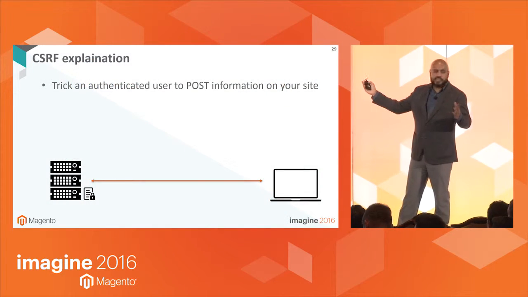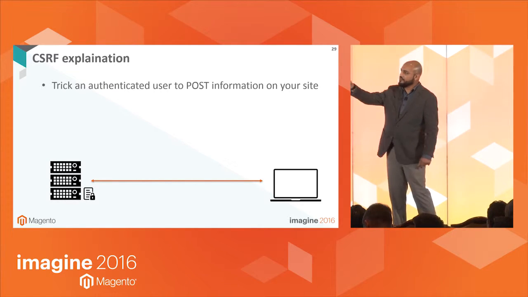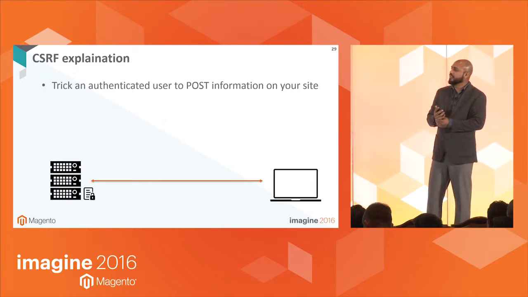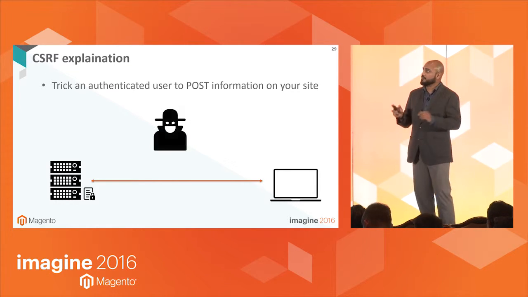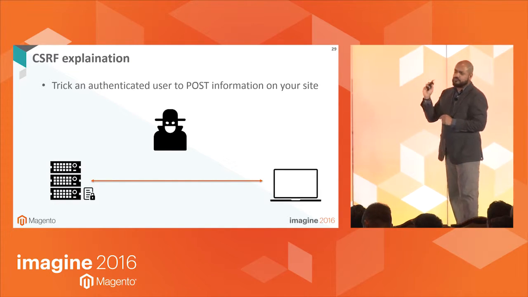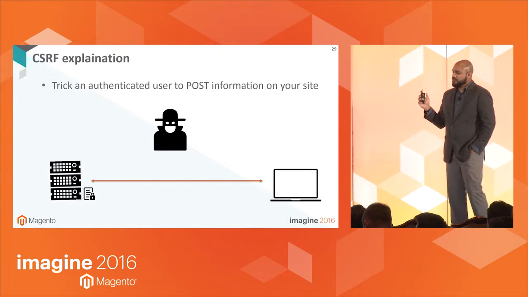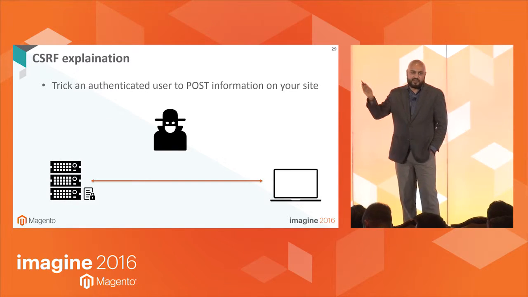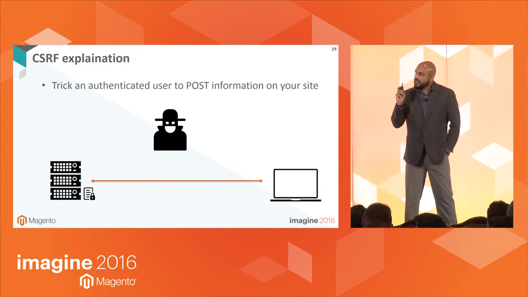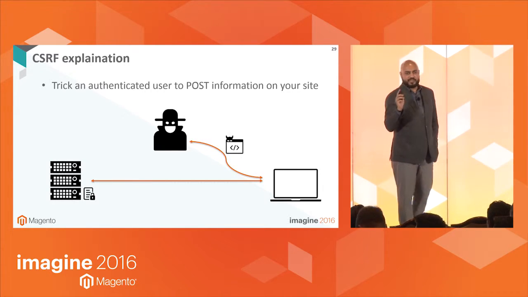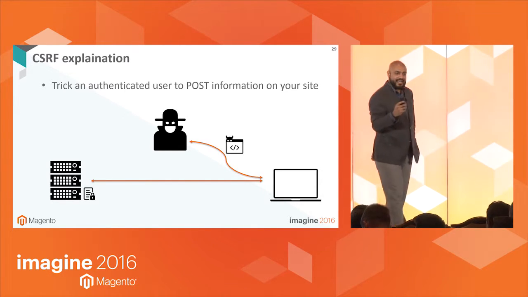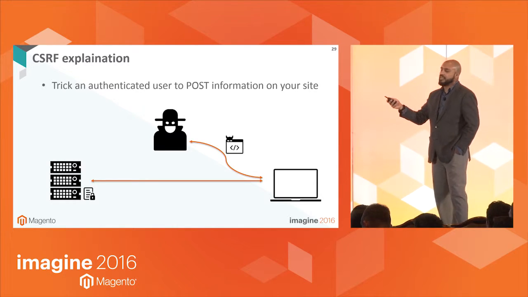We've got the same setup. We've got a client and a server, and they're trying to access some pages. It's not necessarily a blocked page or anything. And an attacker comes along, takes a look at your website and your server, and looks at the forms that you have going on. Your web server is just going to give it to him because it's public. Then the attacker creates another website, an evil website. You can see it's got horns. That means it's evil. And in it, there's a little bit of JavaScript.